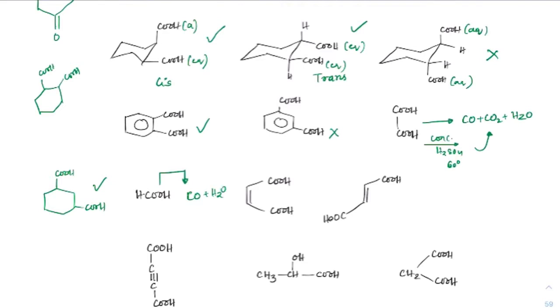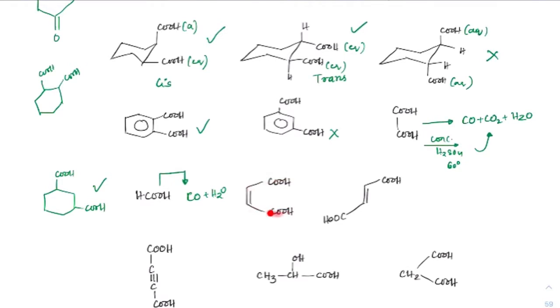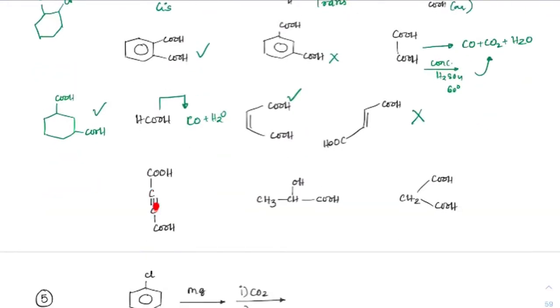CO and H2O. Next, this is maleic and fumaric acid, right? Maleic acid is the cis form of it. This will definitely give. This is fumaric acid, the trans form. This won't give. Okay. If it is an alkyne group, it will be straight chain. Here it is very difficult for formation. No anhydride formation. What about here, the alpha hydroxy acid? What do we get? We get cyclic esters, not anhydrides. So even this is incorrect.